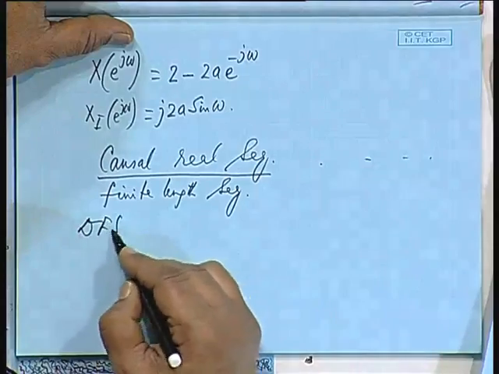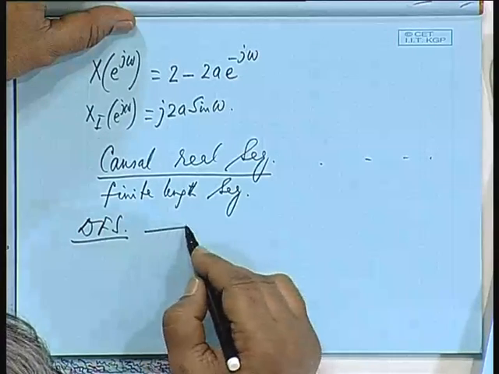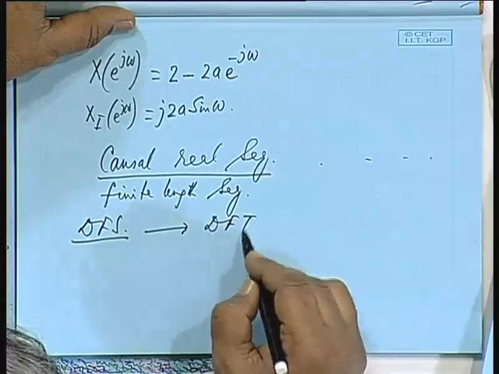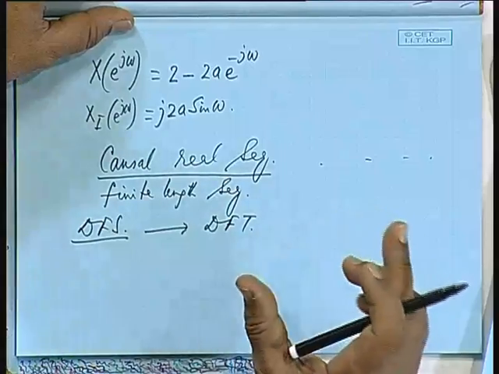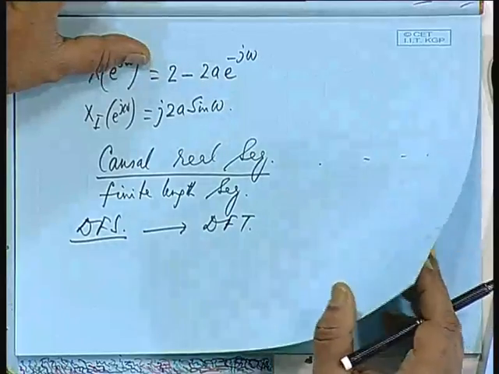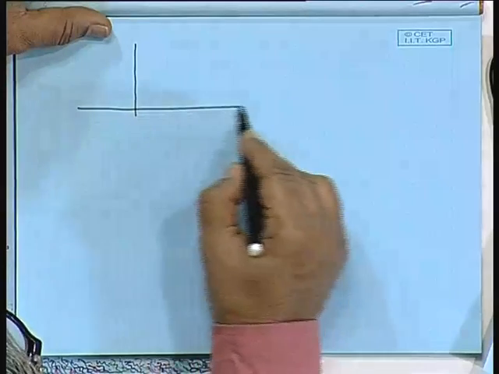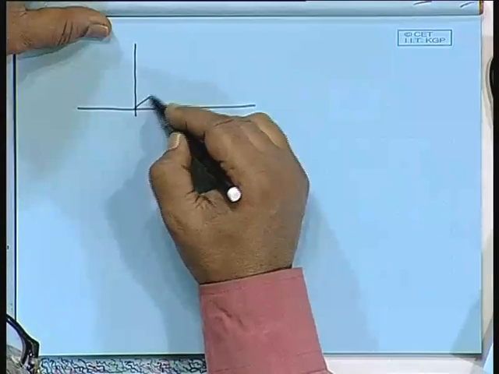We take advantage of a periodic sequence where discrete Fourier series can be computed, and discrete Fourier series is equivalent to discrete Fourier transform. If you consider one period, the expressions are identical. What is the difference between a discrete Fourier series and a discrete Fourier transform? What is the difference between Fourier series and Fourier transform in the continuous domain? Fourier series you take for a periodic function. Okay. If a function is periodic,